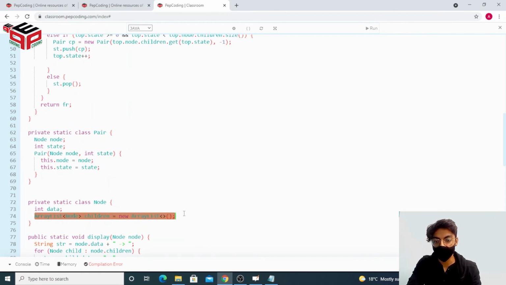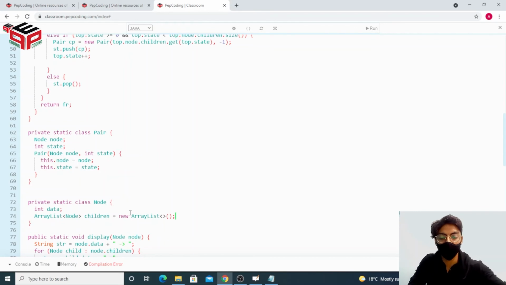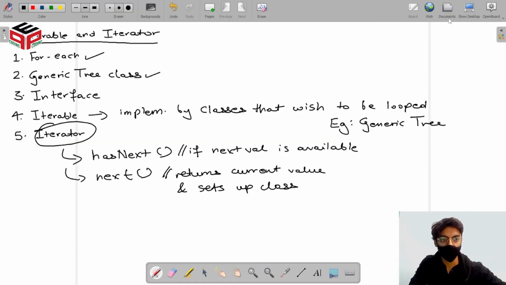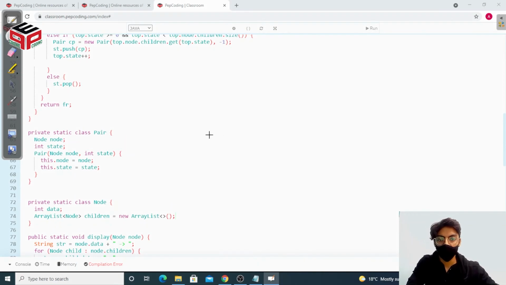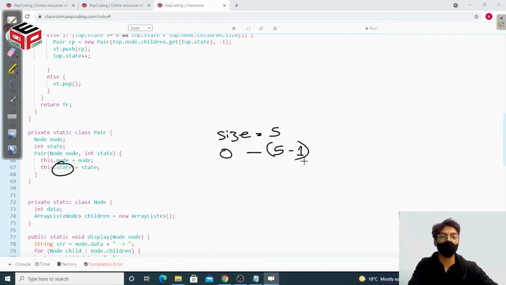this one right here, which we've seen multiple times in this generic tree series. If the size of this children, whatever we have, say our size is equal to 5, if our state happens to be anywhere between 0 and 5 minus 1, both included, we will be in our in-order section, which will be basically equivalent to the pre-order section for the children. This might sound a little confusing, but